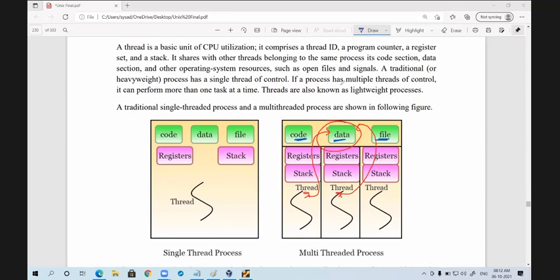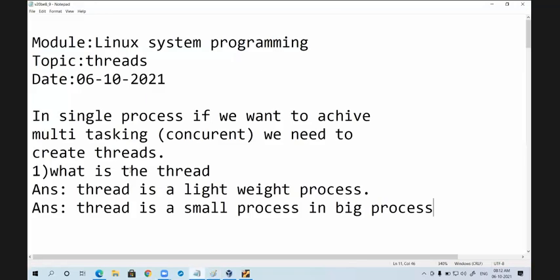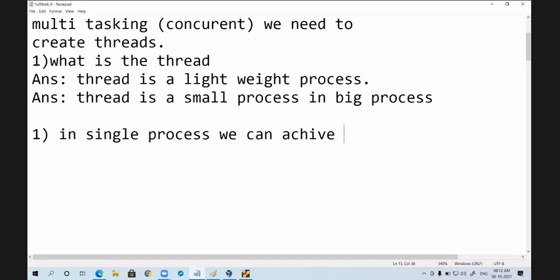Listen, now can I write one statement here? First advantage is, in a single process, we can achieve multitasking.